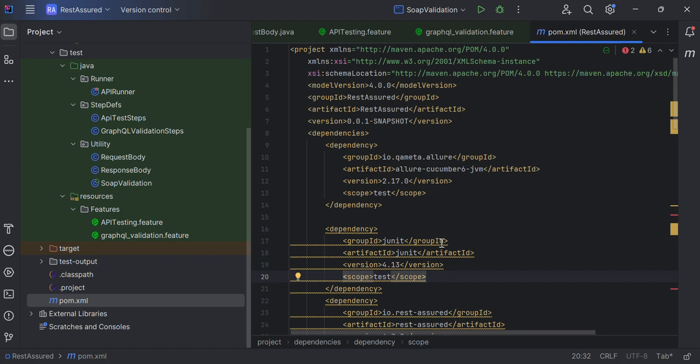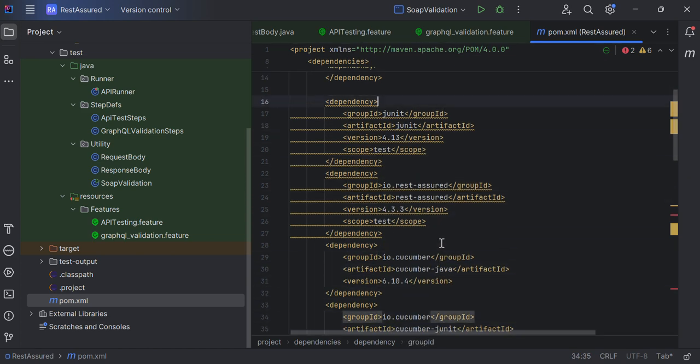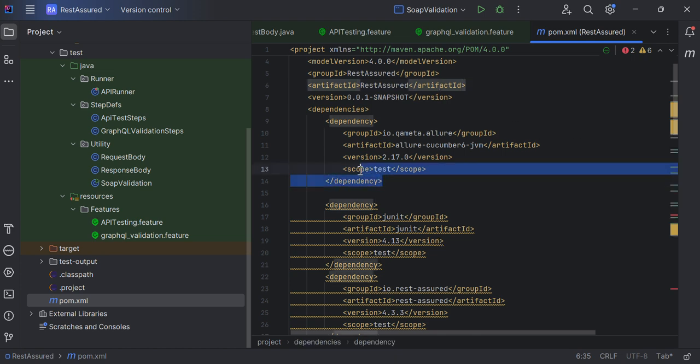In those dependencies, there are a couple of packages, a couple of files already. We are installing those files through these dependencies. So these are all the dependencies we need. The first one is Allure report. Right now we are not focusing on the Allure report. Instead we will generate the Extent report. That is the most important report here, rather than Allure.